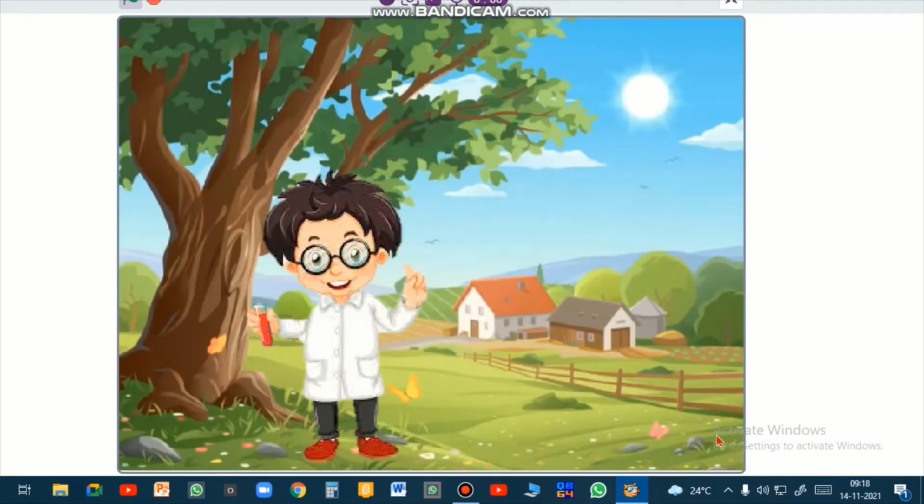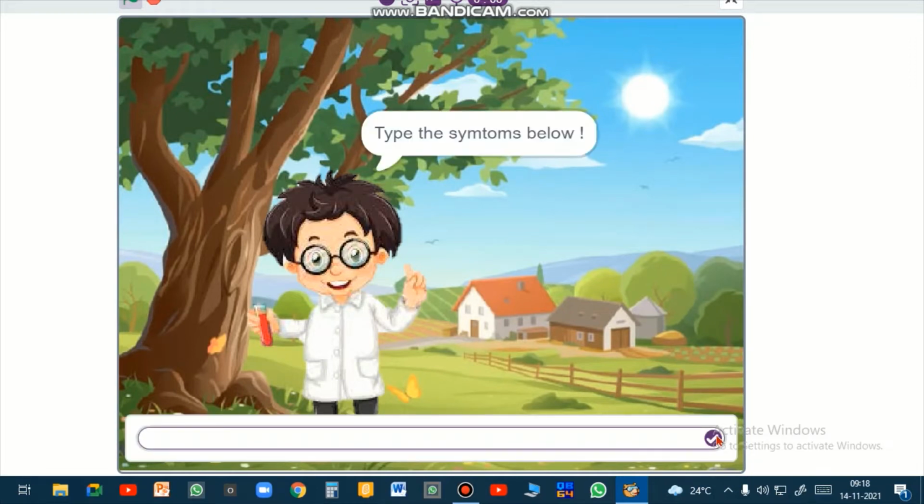Hi, my name is John and I am your farm doctor. Please tell me the symptoms of your plant which has disease. Now here this sprite is going to detect the disease that my plant is suffering from and it will also tell the remedies of that. So let me type some symptoms. So I wrote twigs go dry and fire scorch. Let me see what it gives.